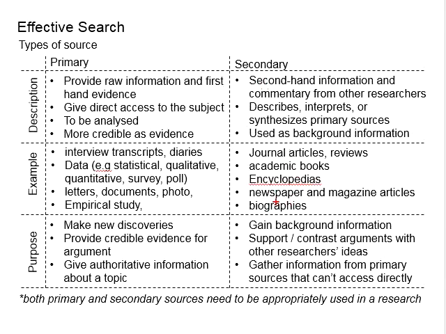Other than that, academic books, encyclopedias, newspapers, magazine articles, and biographies are also considered as the secondary sources. The purpose of these secondary sources is to gain background information of a certain topic, to support or contrast arguments with another researcher's ideas, and sometimes you will need them to gather information from the primary sources that cannot be